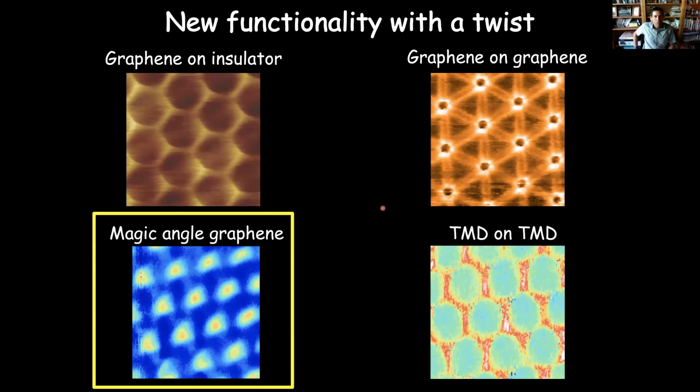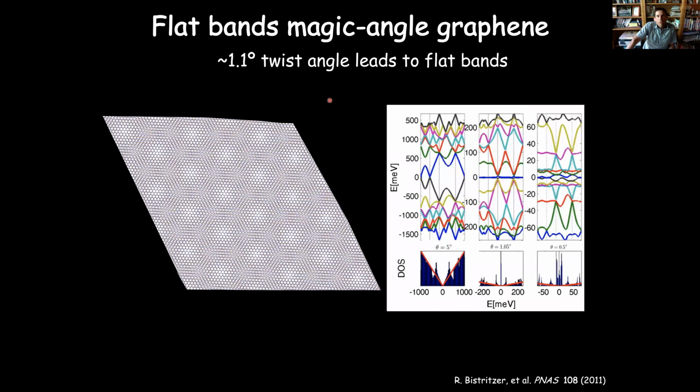All right, so the next section I want to tell you about is what happens not when you make a 0.25 degree twist, but instead when you go to about 1 degree, this so-called magic angle graphene. In this case, what you see happening is that in the band structure of the graphene, you've brought the cones to just a magic distance apart, and that leads to a flat band in momentum space. So you have this 13 nanometer Moiré pattern that develops here.